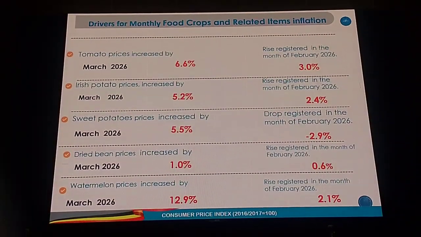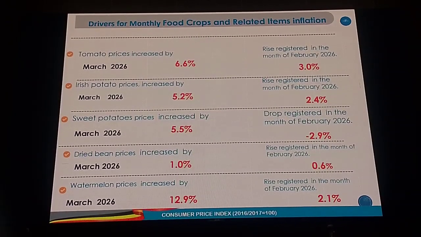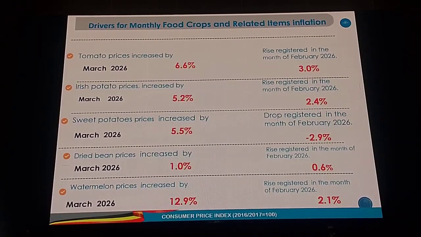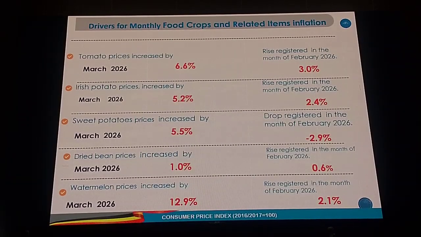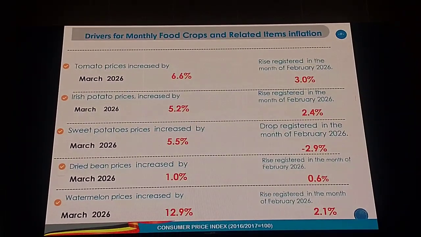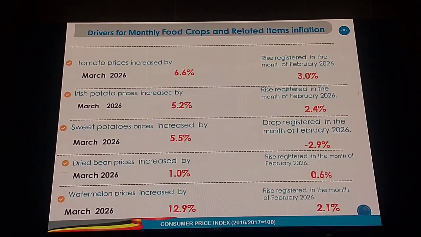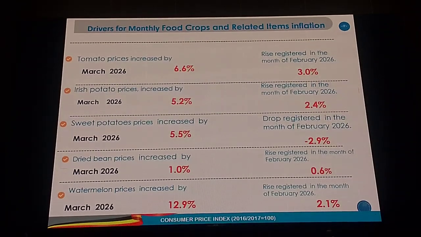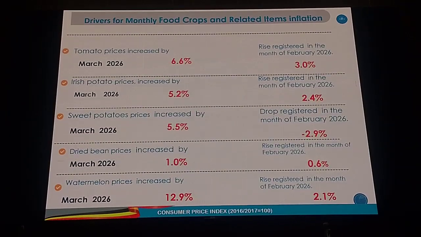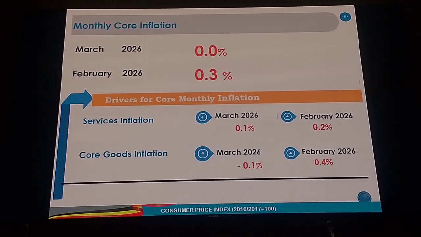Sweet potato prices also increased by 5.5% this month of March 2026 compared to the earlier drop of 2.9% that we recorded in February. Dried beans increased by 1.0% this month of March compared to the earlier increase of 0.6% in February 2026. Watermelon prices also increased by 12.9% compared to the 2.1% that we recorded in the month of February 2026. Ladies and gentlemen, looking at the monthly core